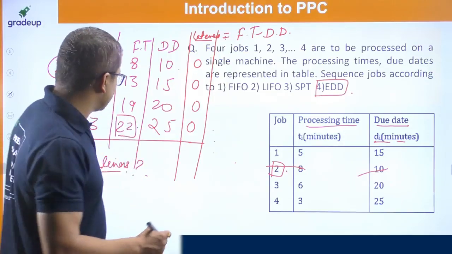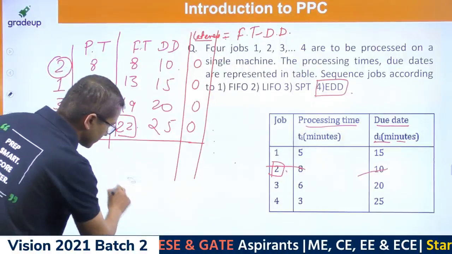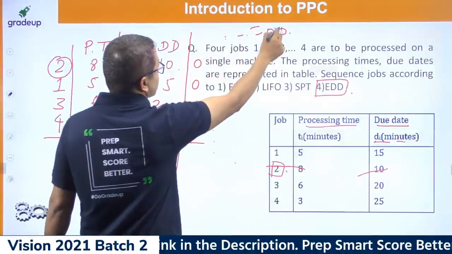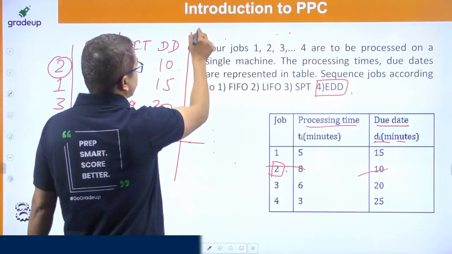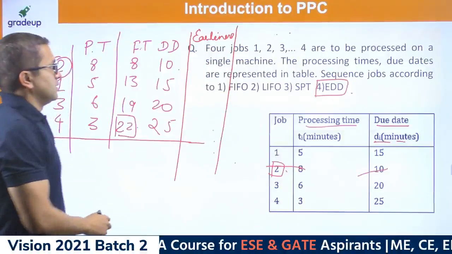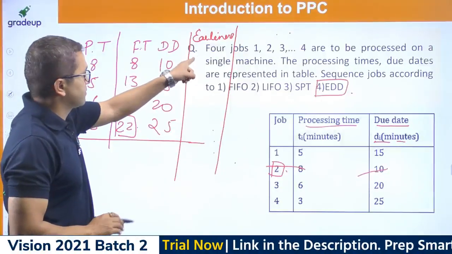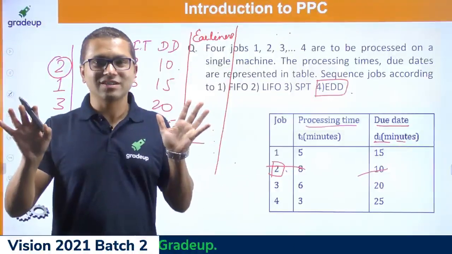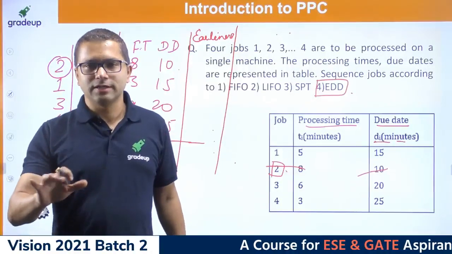Okay, so earliness is 1 upon 4, he says. Now I'm going to write earliness over here because I'm feeling short of space. So I'm going to just write earliness. Now for the second job, how much is the earliness? Just think about it. How much early is the second job? Because it's not late, so it has to be early, right? It might be early is the correct statement.